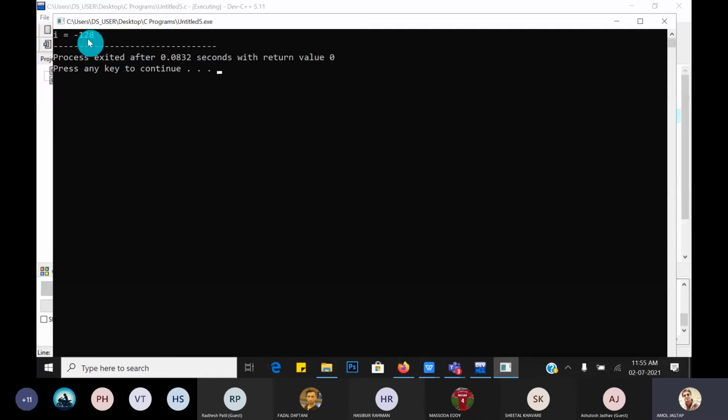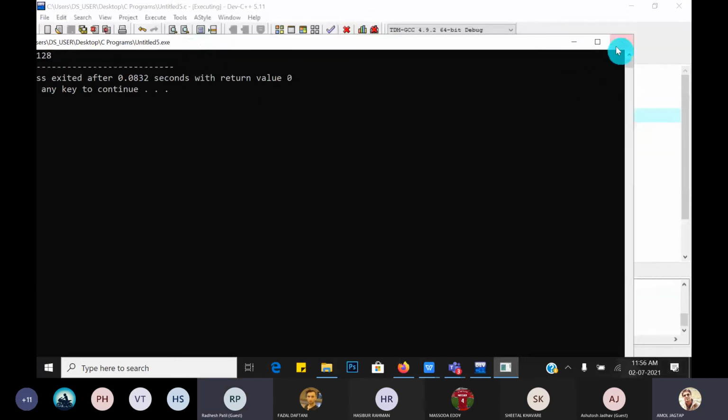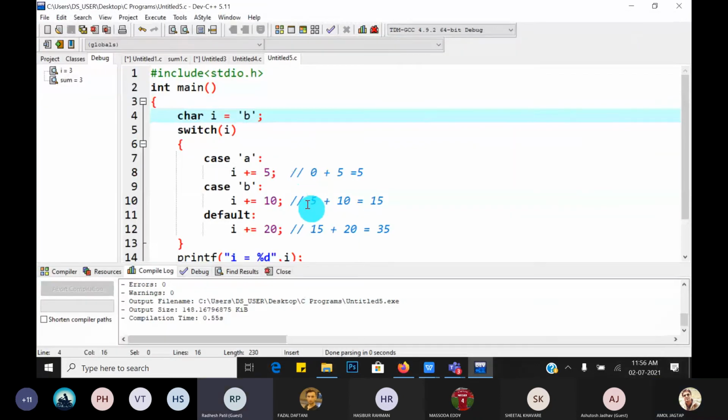I is equal to minus 128. So what is this B? Its ASCII value is considered, and after that the ASCII value gets added. This is not the main point, but what I have to tell you is that a character is allowed, a string is allowed, or an integer is allowed, but a float is not allowed in switch case.